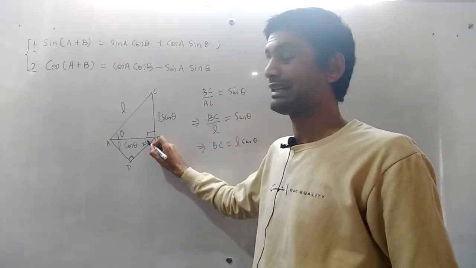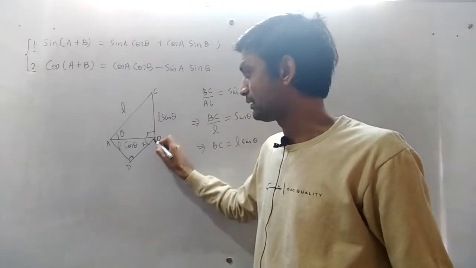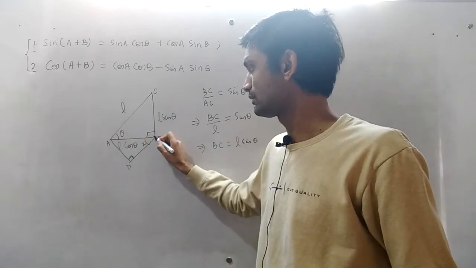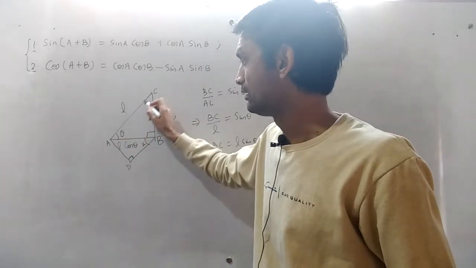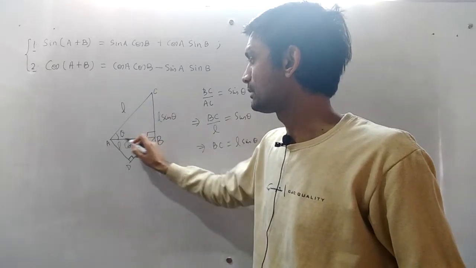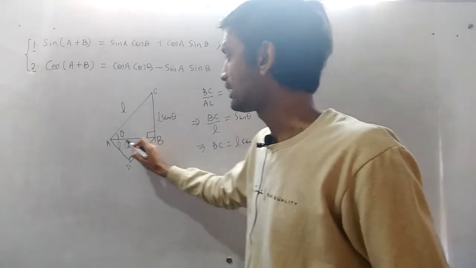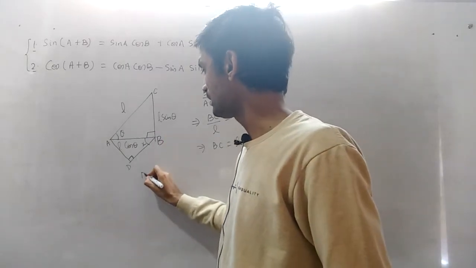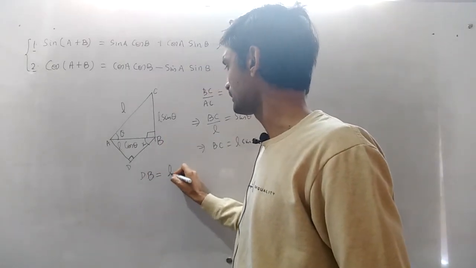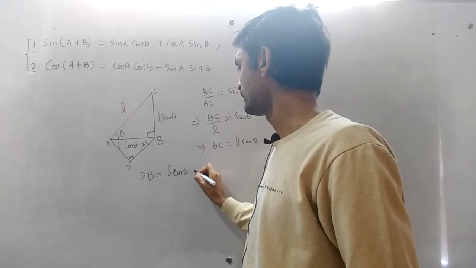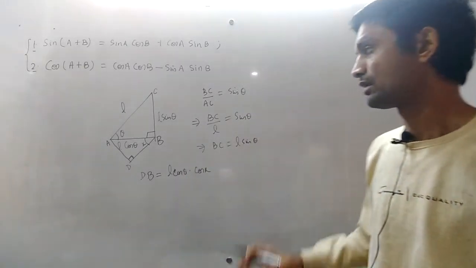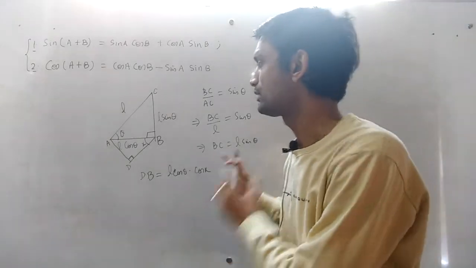For this angle x, this dV is the base, and this is the hypotenuse, like you have seen in the L. In the L, if this is the base, it becomes L cos theta, and now this L cos theta is the hypotenuse, and this is the base, so dV is nothing but L cos theta into cos x. This is the critical part that you have to understand.